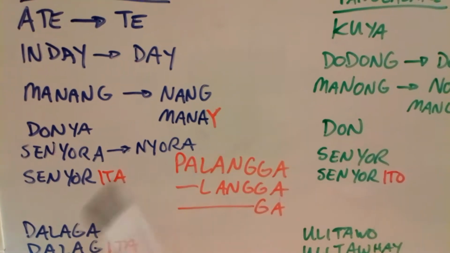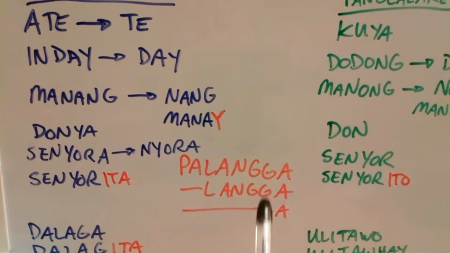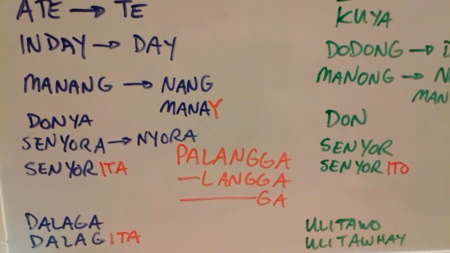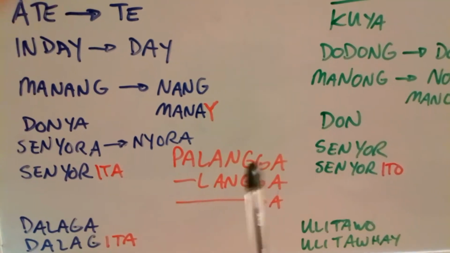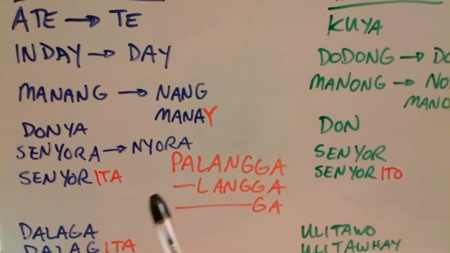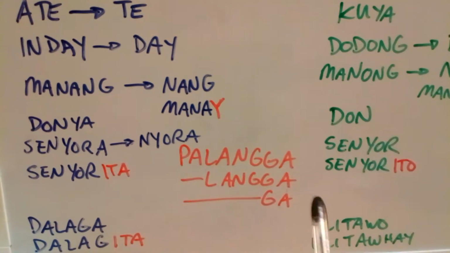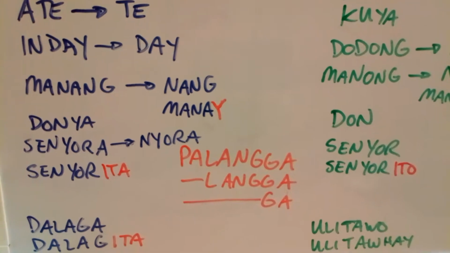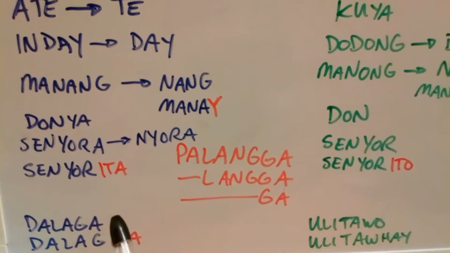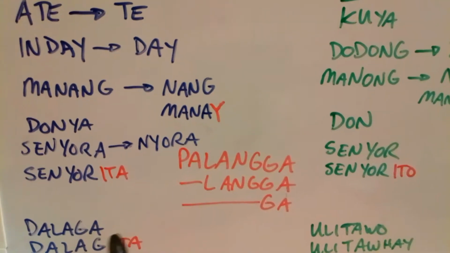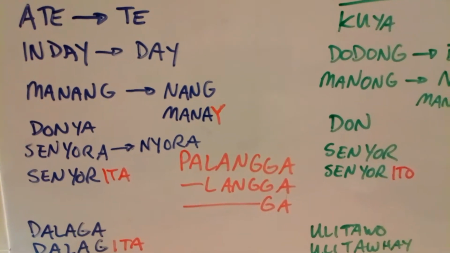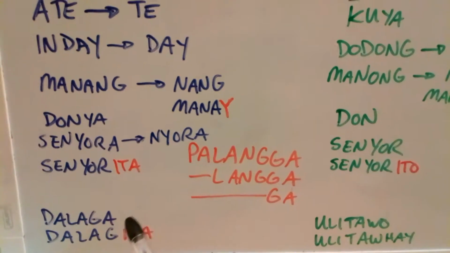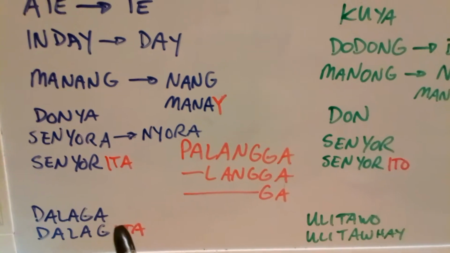This can also be used out in public places, but be careful when you use this word because it does show intimacy. And like most Cebuano words, palanga can be shortened to langa, and it can be shortened even further to just ga, right? You can call your significant other if you want their attention. You can just go around the house and say ga, ga, like a little dear, hey dear.